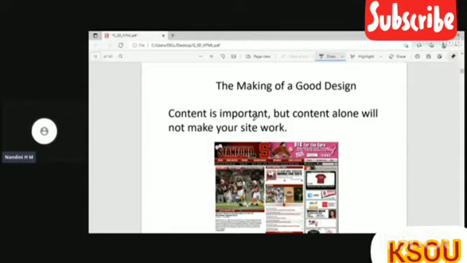A good website or a good web design should have a uniform look and feel, and it should be easy to use. It should be created from the user's point of view, not from the developer's point of view. Whenever you create a website, you have to keep in mind the target person or the users. You should not develop a website based on your likes or dislikes. You should develop a website considering the users for whom you are designing. Based on them, you have to design a website.